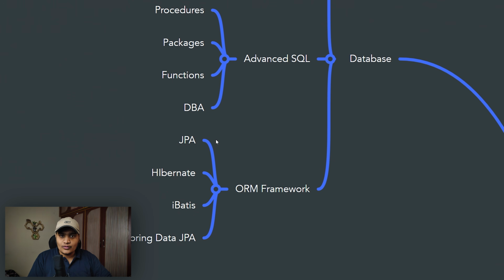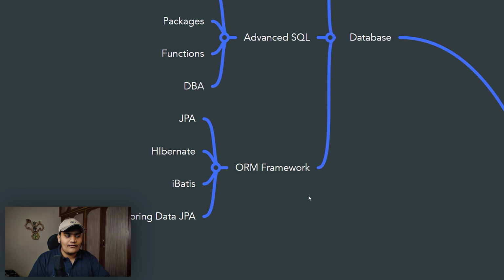There is JPA as well, that is the Java Persistence API. That is a specification provided by Java. Based on that, different frameworks are created. So here you can see Spring Data JPA, right? Spring Data JPA is based on JPA. So when you're working with Spring Boot applications or Spring frameworks, using Spring Data JPA makes much more sense because of the integration with Spring. So this was all about the database and the different ORM frameworks.